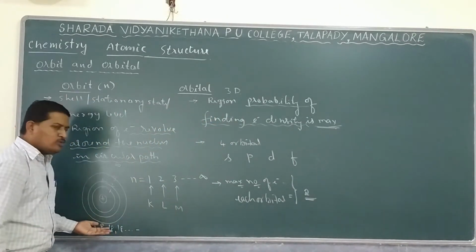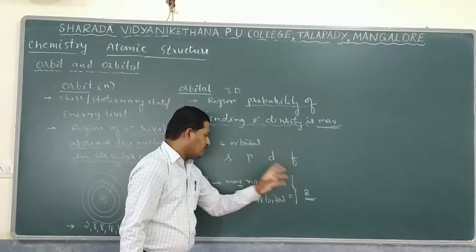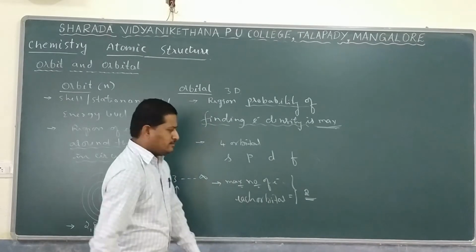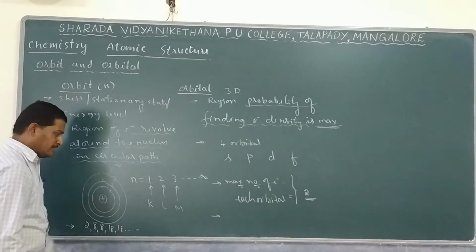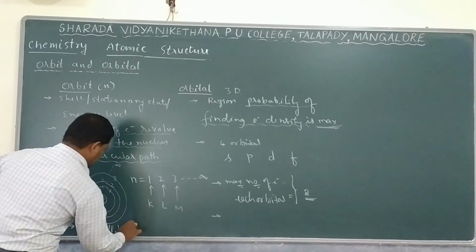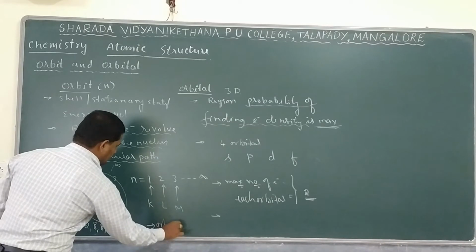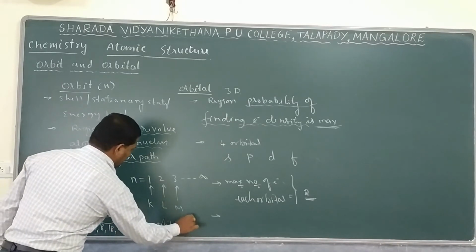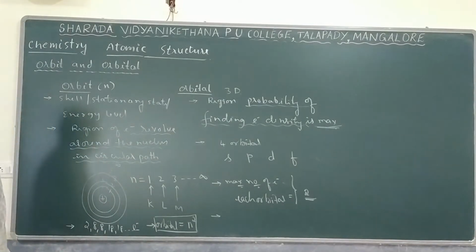But here, not 2, more than 1 can be found. The number of electrons accommodated in each orbital is found to be 2. And here observe, for every shell, how many orbitals are observed. So this is about the number of electrons. But if you find the number of orbitals in each shell, there is one relation: n squared. So the number of orbitals in each shell is found to be n squared.